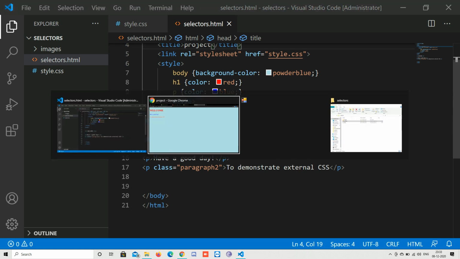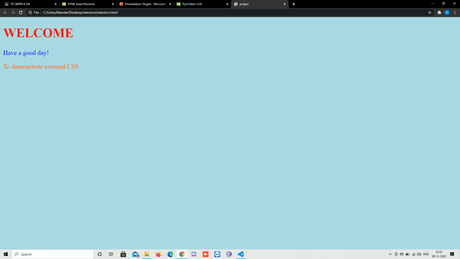And that is why both these paragraphs have different colors. One is in blue and the next one is in orange red. Because the CSS file has overwritten the style element in the head section. So that is how you can code your head section in a HTML file. Thank you.